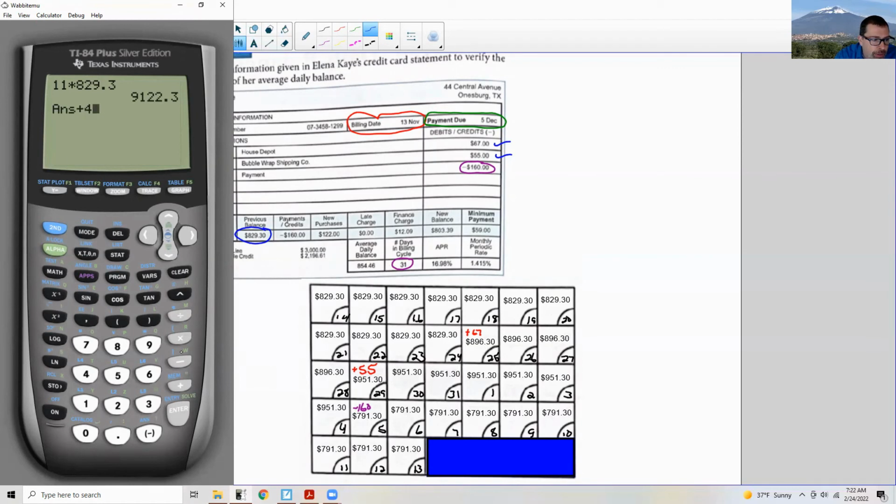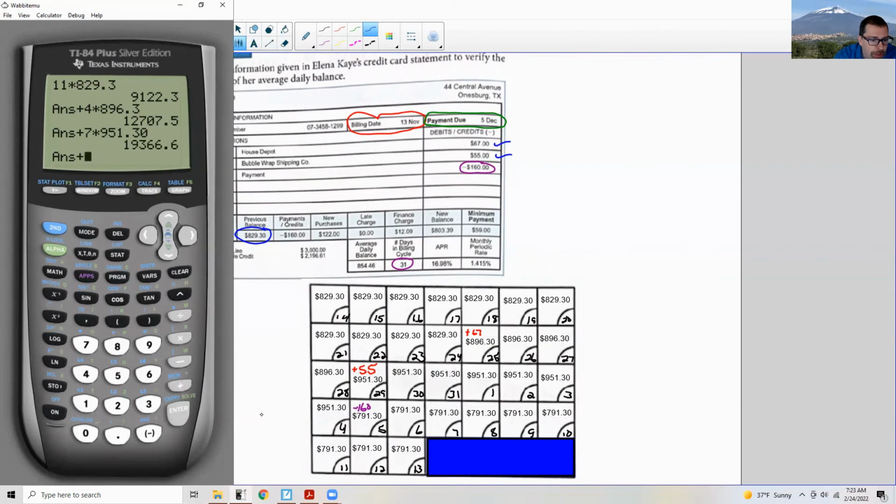So that'd be 4 times 896.3, and hit enter and hit plus. And now we have 1, 2, 3, 4, 5, 6, 7 days of 951.30. So that's 7 times 951.30. And what I'm doing here is what we did in the prior lessons, where we're finding the average daily